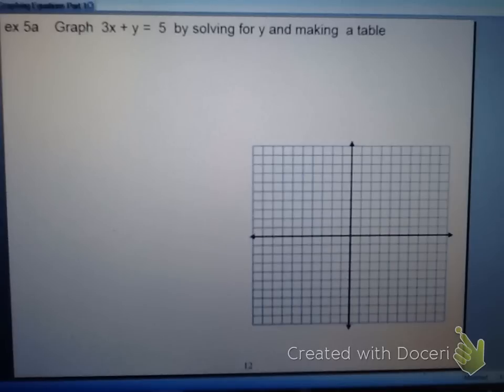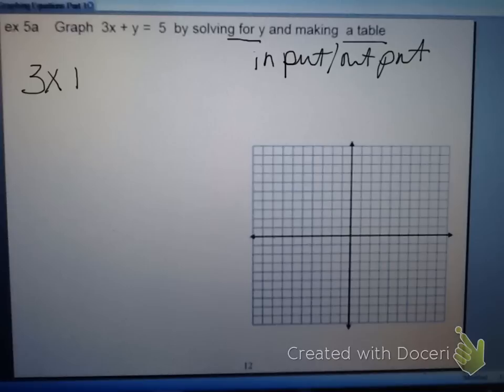Example 5a. Graph 3x plus y is equal to 5 by solving for y and making a table. Now a table, you could call that an input output table, or you can just call it a table where we have to solve for y first. So that means we have to get y by itself. We need to move the 3x on the other side. To do that,